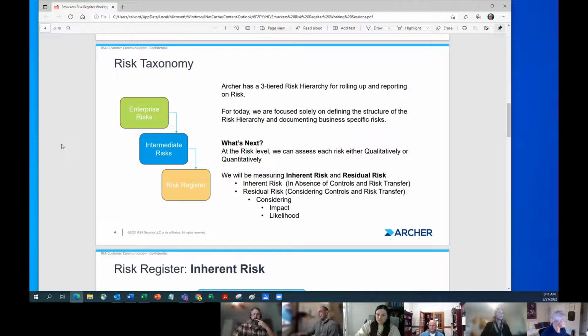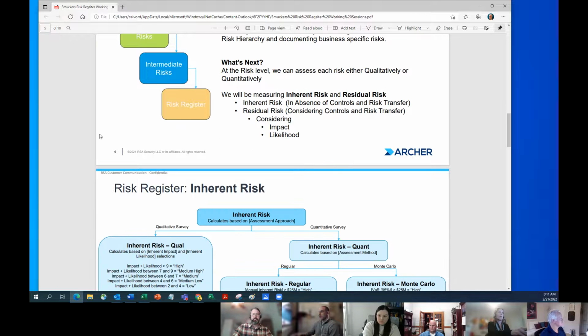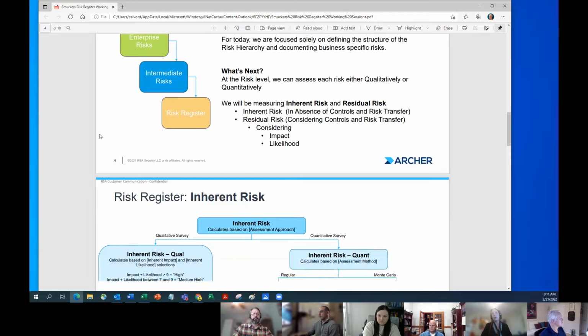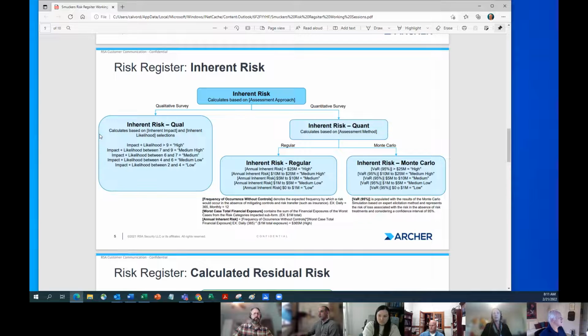100%. So, with the groups, that's where I'll probably stop my shtick. The next slides show how inherent risk and residual risk are calculated.